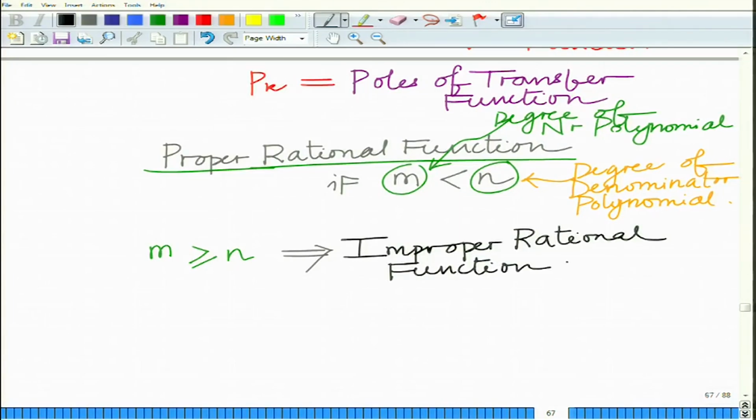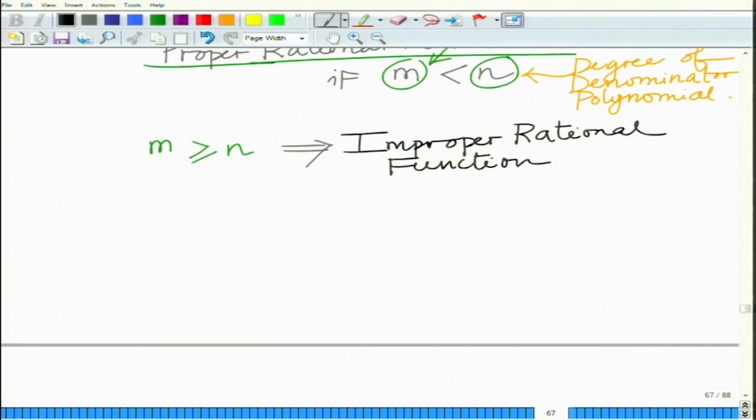Okay. So, if the degree of the numerator polynomial is less than the degree of the denominator polynomial, it is a proper rational function. On the other hand, if the degree of the numerator polynomial is greater than or equal to that of the denominator polynomial, it is an improper rational function. Okay. All right. And now, one thing to keep in mind is that the poles of X(s),